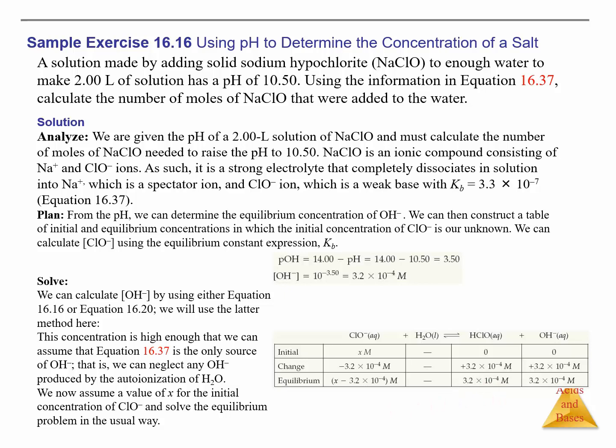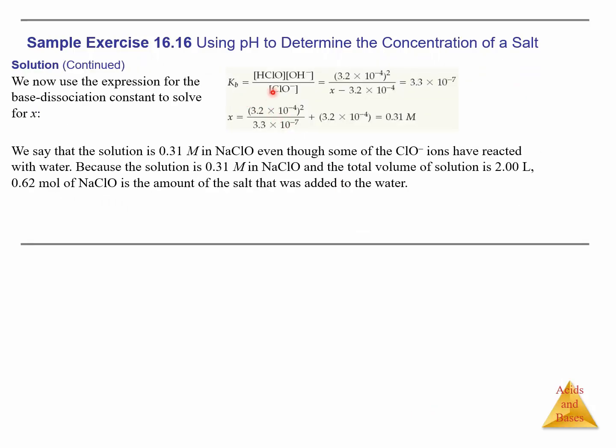Then we plug it into the Kb equilibrium expression, and then we can calculate X, and this X will equal 0.31 molar. We may say that the solution is 0.31 molar in NaClO,